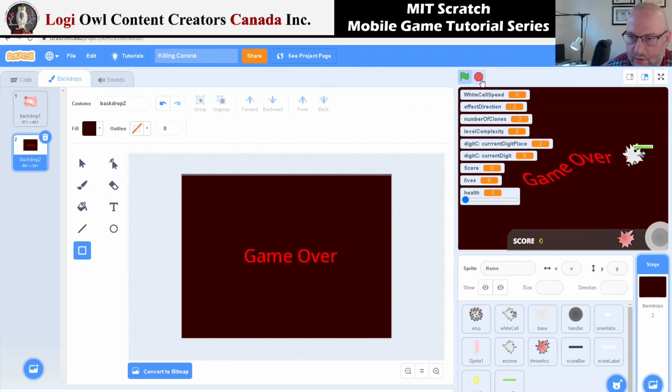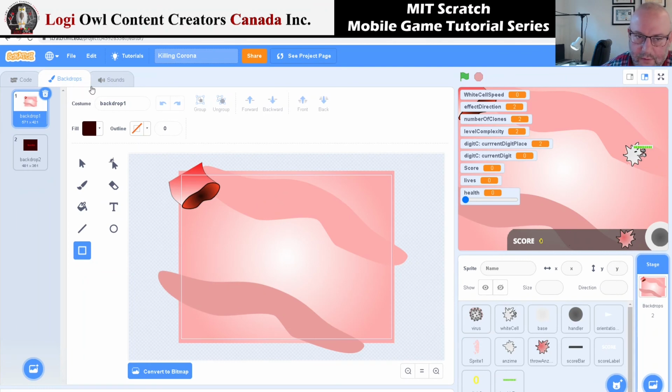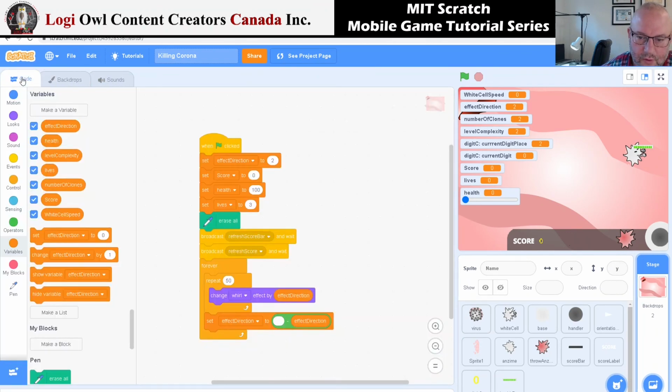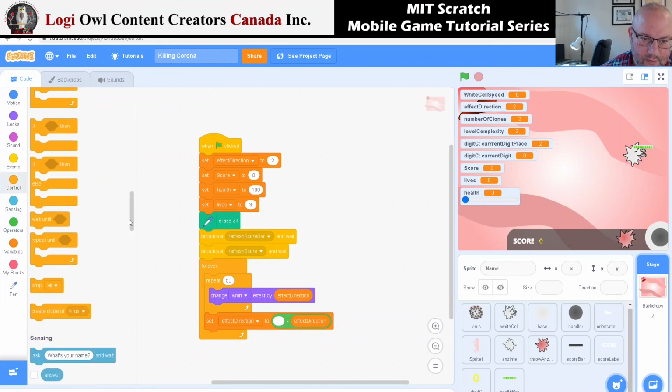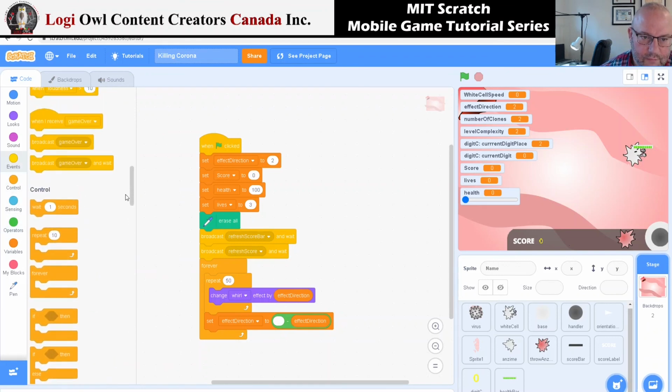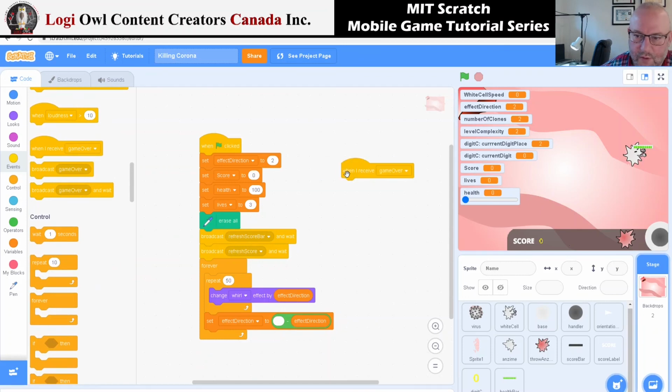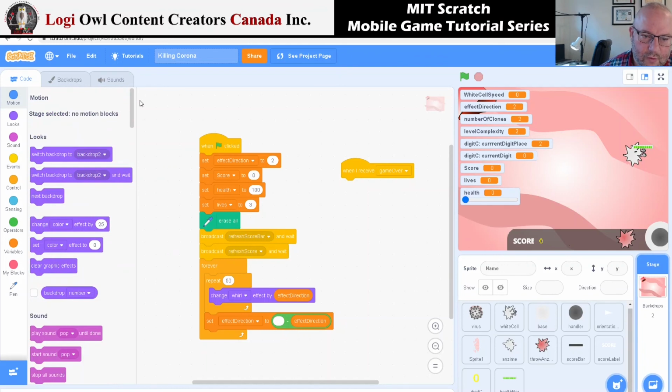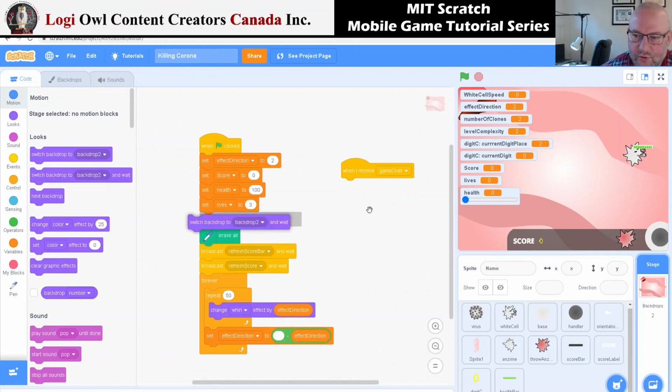And that will appear only, this is part of the code, if I receive game over, switch custom to game over. We will, as I told you, refine that game step by step, but this is switch drop back to